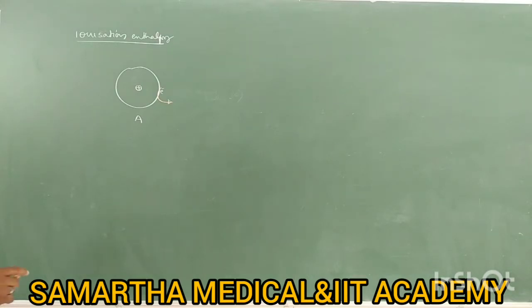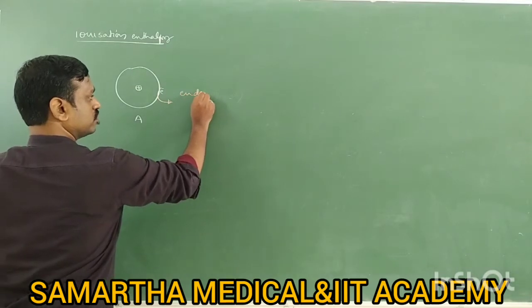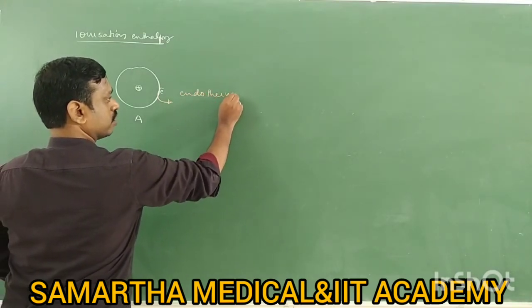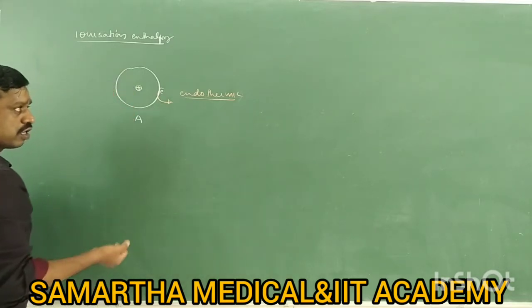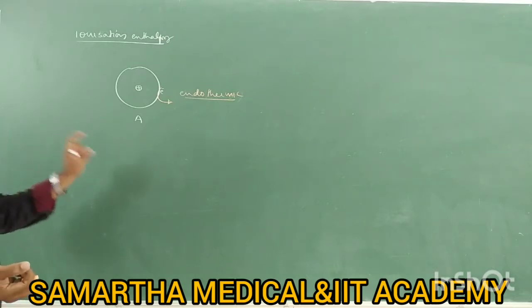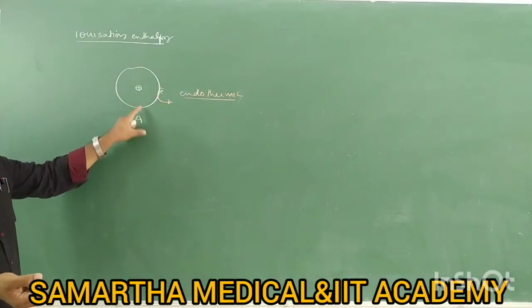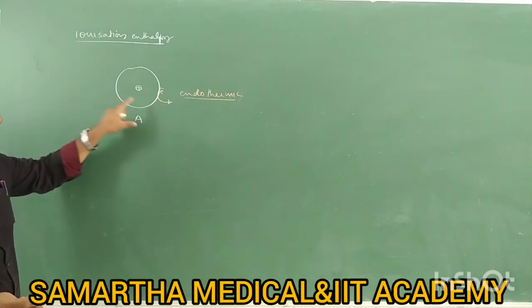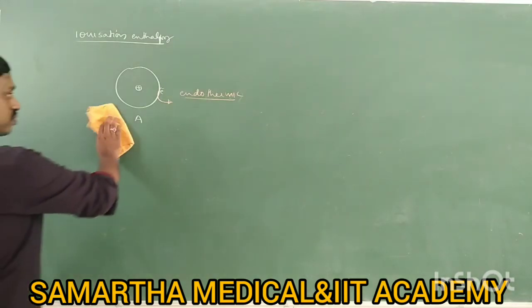So we have studied that ionization enthalpy is always an endothermic process. It means a reaction in which energy is absorbed. A chemical reaction in which energy is absorbed is called endothermic. Therefore here energy is needed, energy is required, energy is absorbed, so it is an endothermic process. This we completed in the last class.